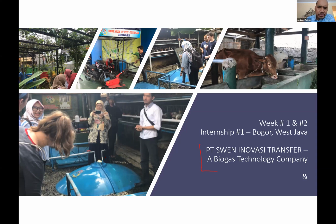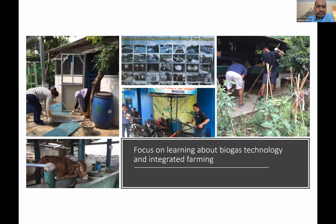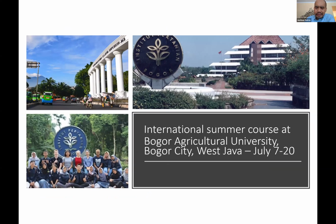the feedstock on biogas, for example, and they also learn about the utility of integrated farming, what to do with the waste from biogas, the liquid waste and then the solid waste. Okay. In the third week, students went to the campus at Bogor, IPB University, and stayed for